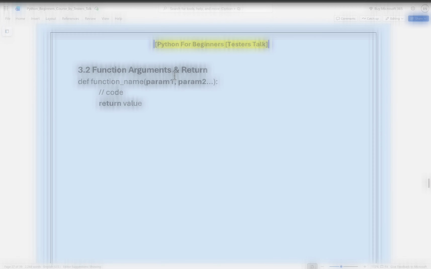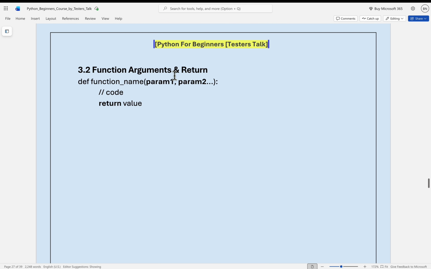So far you have seen how to create functions and how to call the functions. In this video I will discuss how to pass the parameters or arguments to the function and also how to return the value from the function. Passing the arguments or parameters is very simple. In the brackets you can pass the parameters like this, parameter 1, parameter 2 and so on. And after performing some operations inside the function, you can return the value by using the return keyword. Let's look at the examples for how to pass the arguments to the function and how to return the